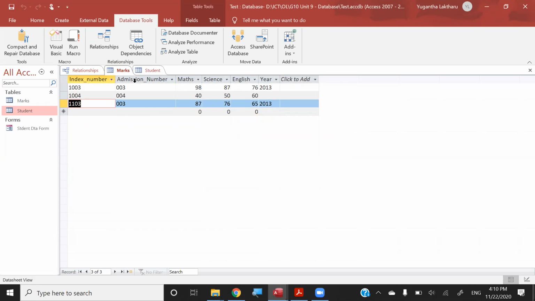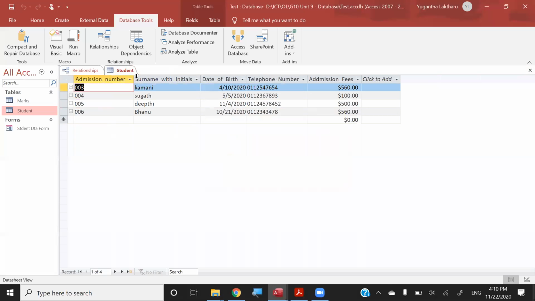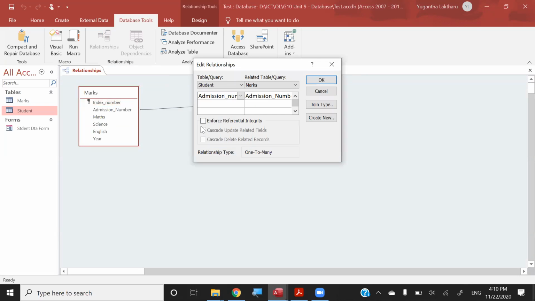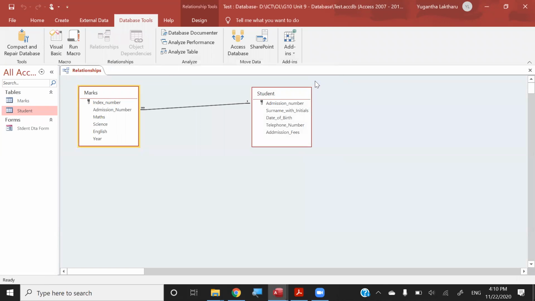So I'm saving it and closing this. And now I'm going to edit the relationship again. Let's see whether it works. Yes, it works perfectly. And now you can see once we enforce the referential integrity, it has the relationship like